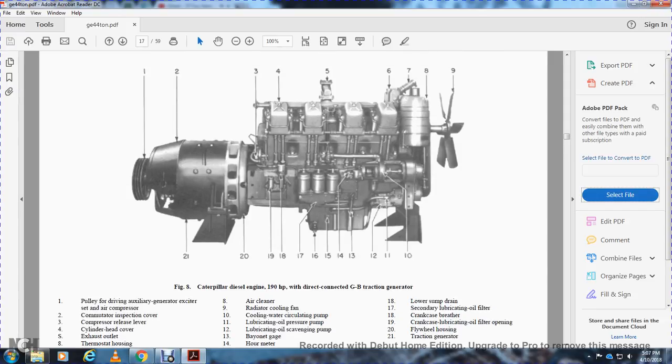Alright, same thing for figure 8, except 1 through 9 on the top, and 10 through 21 on the bottom from right to left. 1 pulley with a driving axle generator accelerator set at the air compressor. 2 the commutator and commutator inspection cover. 3 the commutator release lever. 4 cylinder head cover. 5 exhaust outlet. 6